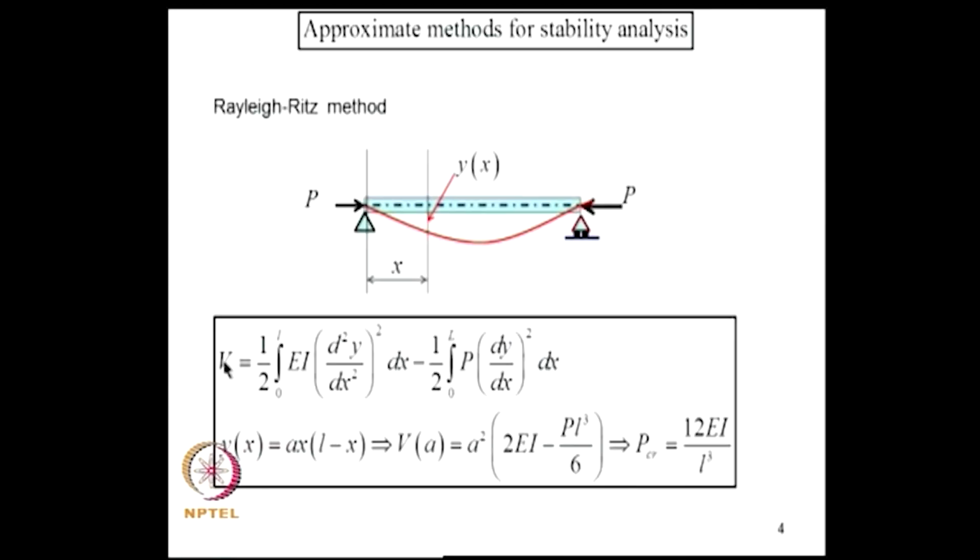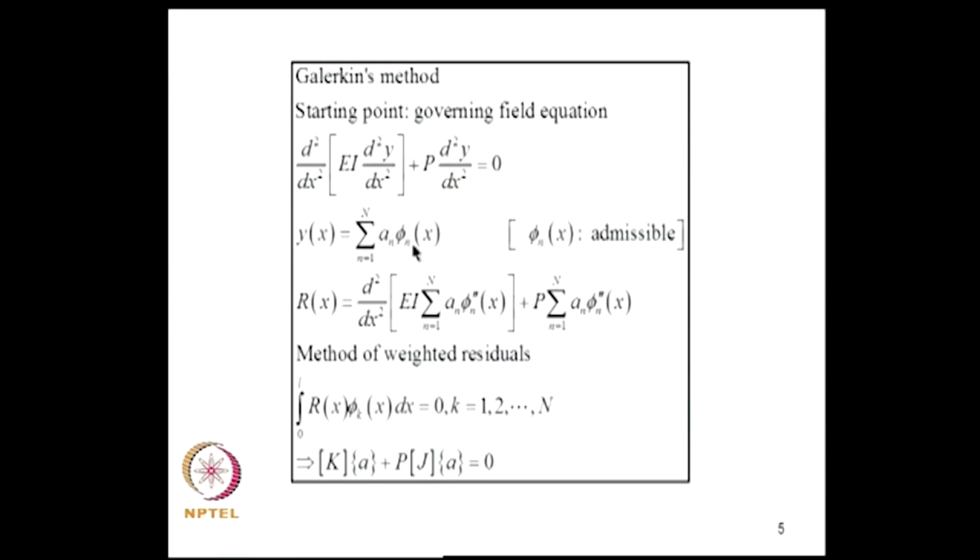Here we started with the total potential energy, whereas in Galerkin's method we could as well start with the governing differential equation and assume the solution in this form where phi n of x need to be admissible. We substitute this into the governing equation and we get a residue and we demand that this residue is orthogonal to the trial functions and we get a set of capital N number of equations and this leads to the equilibrium equation as shown here. For non-trivial solutions we need to do an eigenvalue analysis to determine the critical